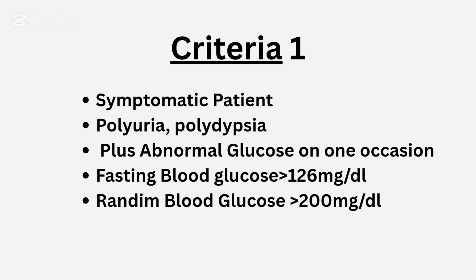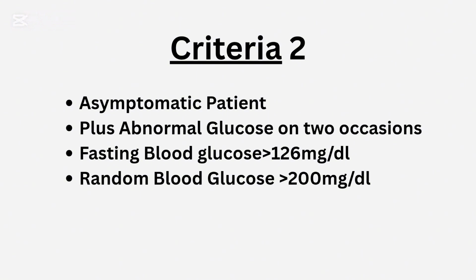Glucose on one occasion plus symptoms. So we will measure the fasting blood glucose level. If it is greater than or equal to 126 milligram per deciliter, or random blood glucose is greater than or equal to 200 milligram per deciliter, then we will label a patient a diabetic. Second criteria, if the patient is asymptomatic, then he has